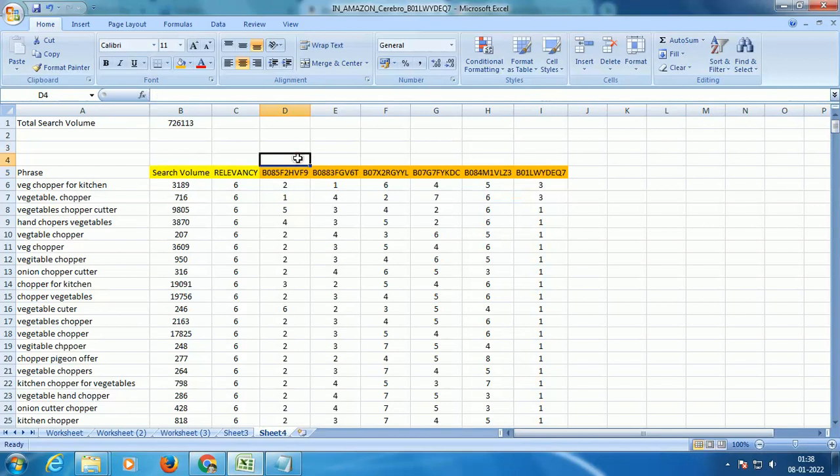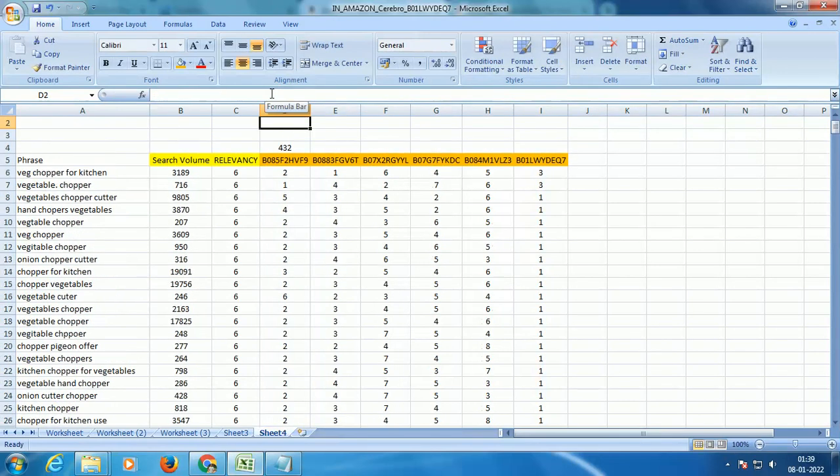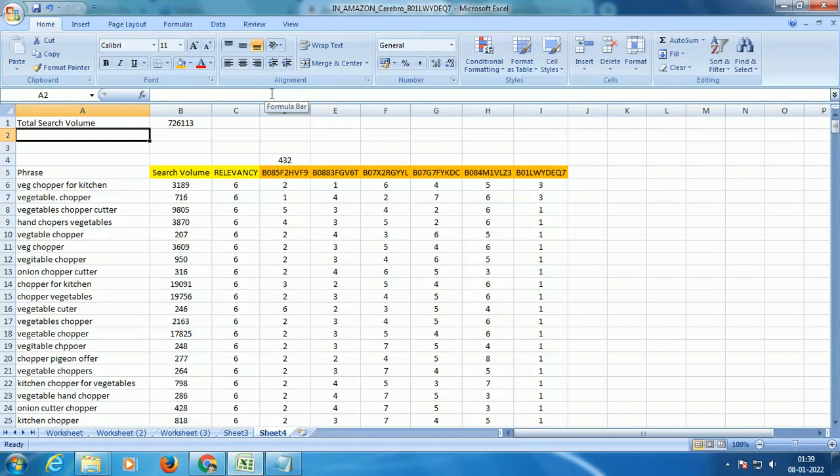So in order to get to there, I'll say count is, I'll just select this and I want to know for how many of them he is ranked under 24. I'll also see the total number of keywords. What is your total number of keywords?